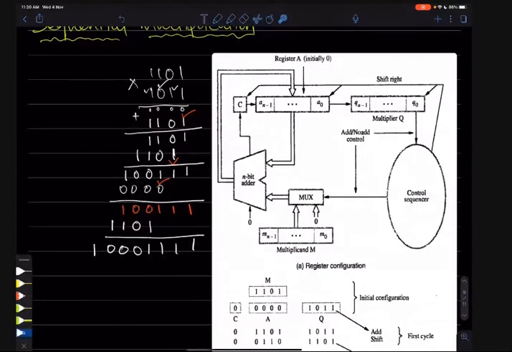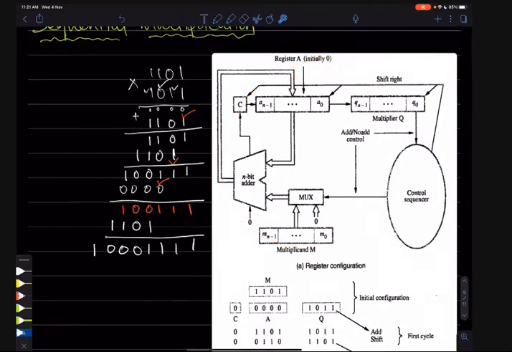Okay, understood, or any doubt in this case? It is very easy, the normal multiplication that we do, but we are trying to understand it from a different perspective. Normally, whenever we multiply with 1, we copy this and add it to the previous partial product. Whenever it is 0, we do nothing. Adding 0 0 0 0 means it is the same result. Okay, done. Based on this we will design our whole system.